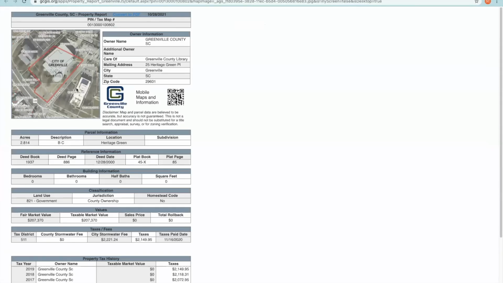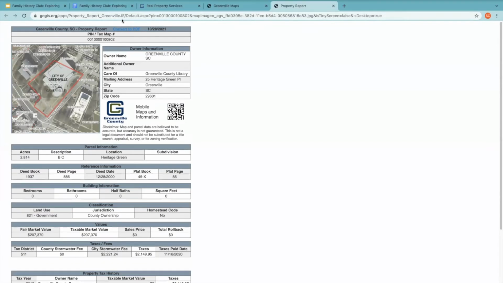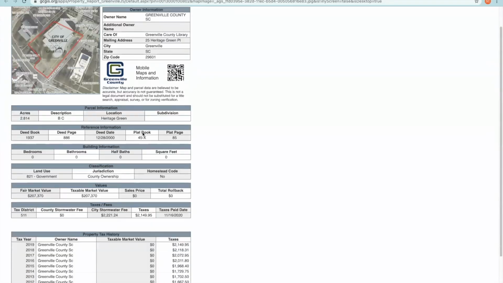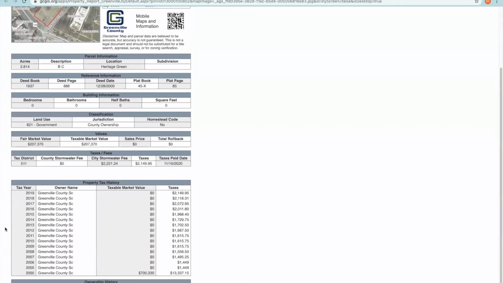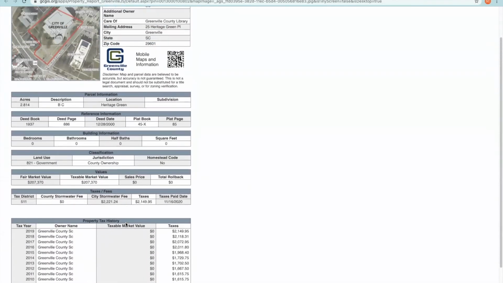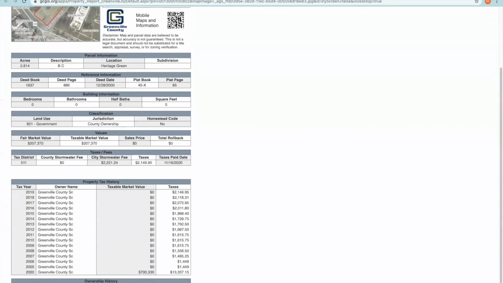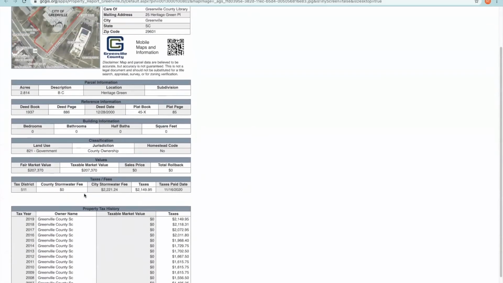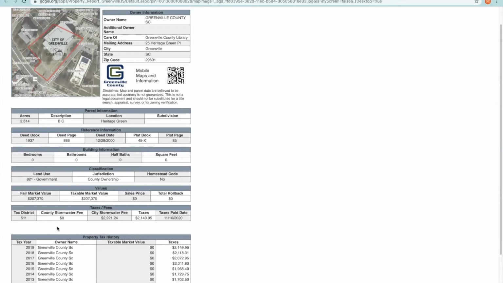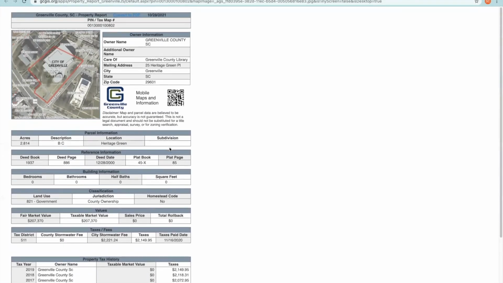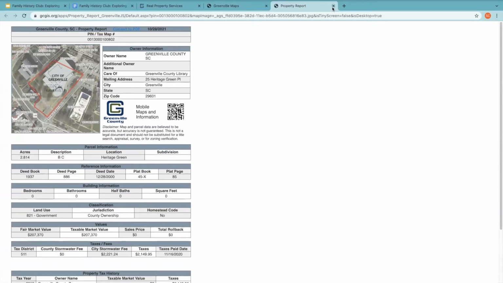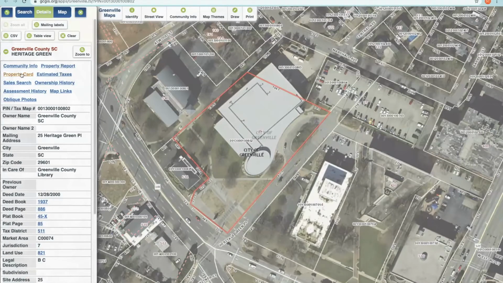It's going to make it in a nice page over here, and you could click convert to PDF and save this. It also gives you a little bit more about the taxable market value and how much taxes were paid. We can see the deed book information down here again. And we can see if this was a house, how many bedrooms, bathrooms, all that good information. Sometimes the plat information will be here too. So that's a neat thing to look at, these property record pages. And then you also see there's another link to that property card we were talking about. You can see that here.